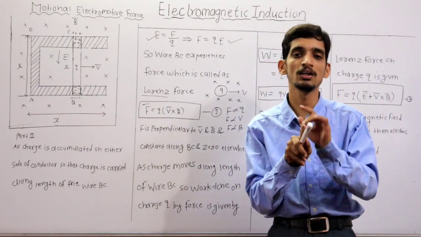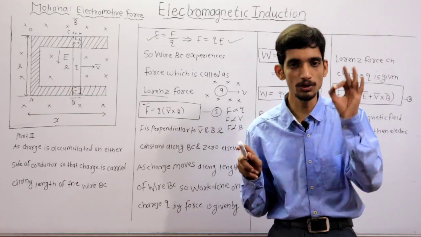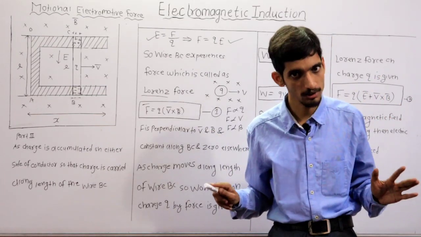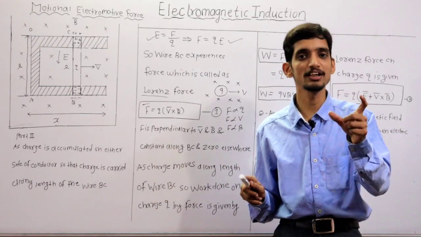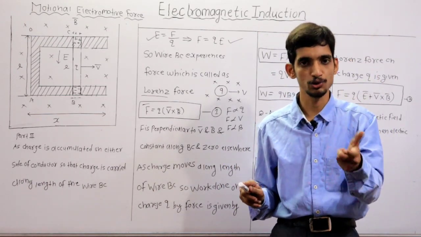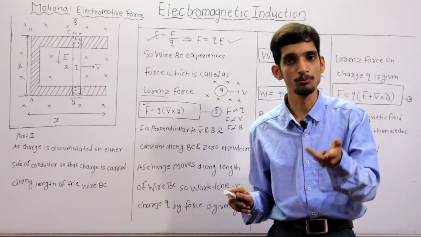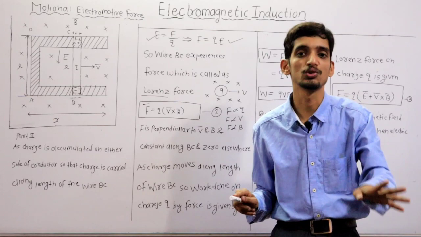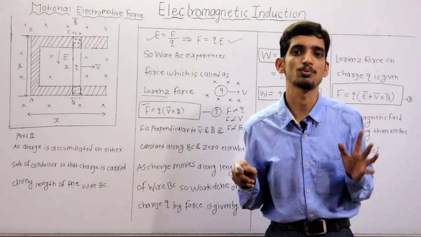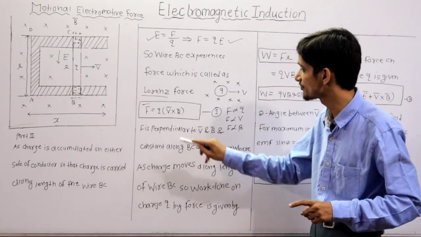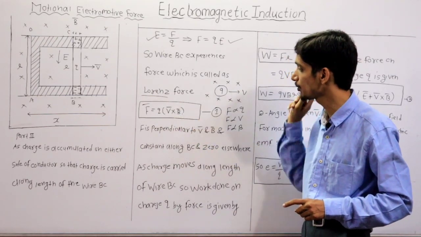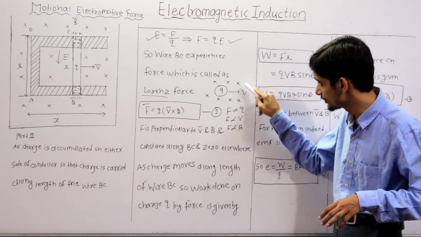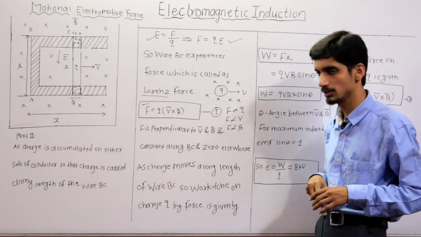If any one of the three quantities is equal to 0, then this Lorentz force concept is not applicable. Clear? So that particle should be charged, that charge should be moving, and it should be moving in a magnetic field. Then it experiences a force which is called the Lorentz force. Clear? So this is the force F is equal to Q V bar cross B bar. Okay, this is expression number 1. So you should note all these points. Clear?